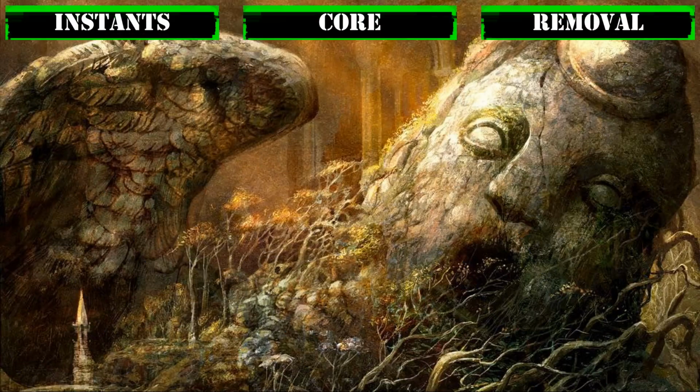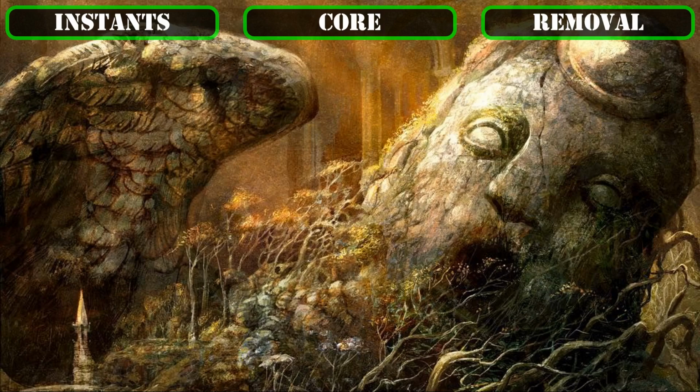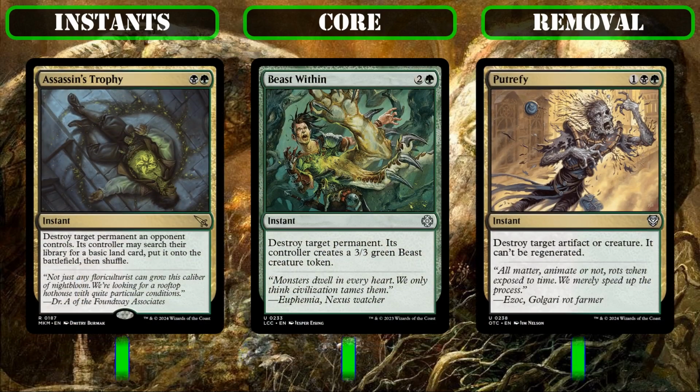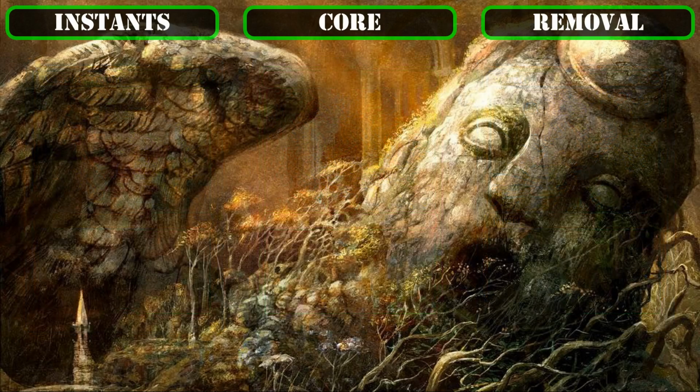It's going to be removal all the way down as we enter our instant category, as we'll be wanting as much interaction as possible to remove anything that could block our creatures and or prevent our creatures from attacking, as well as to protect our commander and our high value creatures from removal, with the former camp seeing us add in Assassin's Trophy, Beast Within, and Putrefy, so we can deal with a wide variety of both front row and back row threats at flash speed to prevent our opponents from gaining a foothold, and a latter camp seeing us